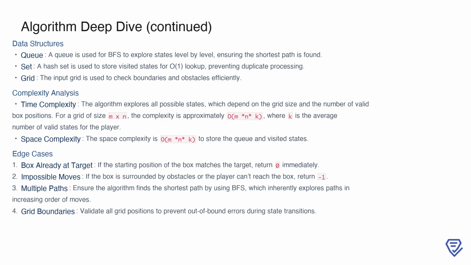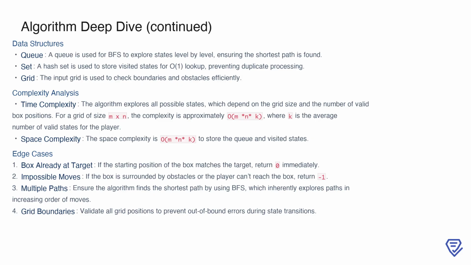There are several edge cases to consider. If the box starts at the target, we return 0 immediately. If the box is surrounded by obstacles or the player cannot reach it, we return -1. BFS inherently ensures the shortest path is found, and all grid positions are validated to avoid out-of-bound errors during state